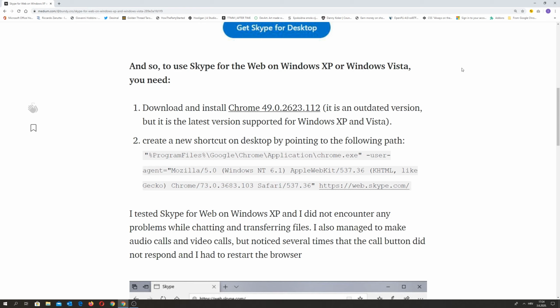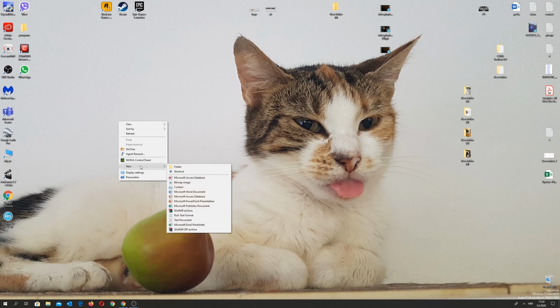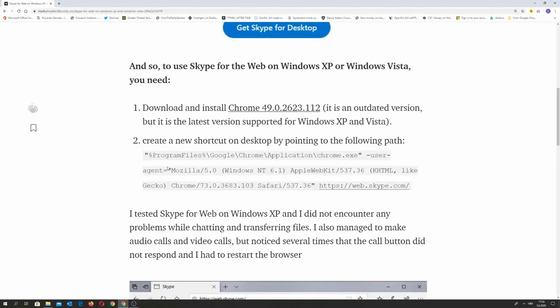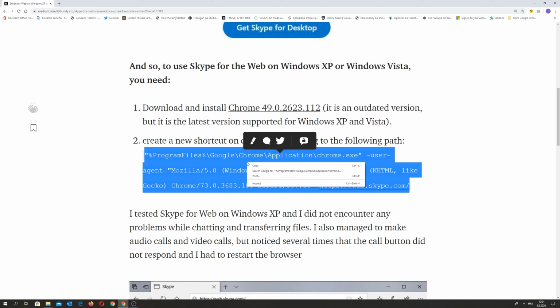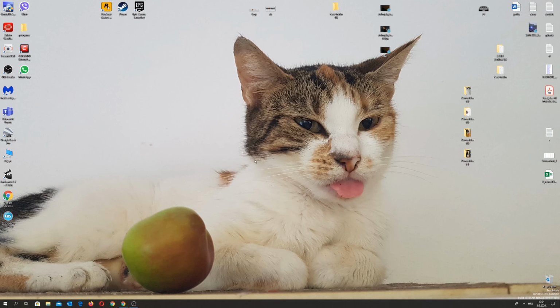So basically you need to go to the desktop, right click on the mouse and choose new shortcut, and here in the empty space you need to paste this. You need to copy the complete code. Just right click, copy, and then here paste and click next.